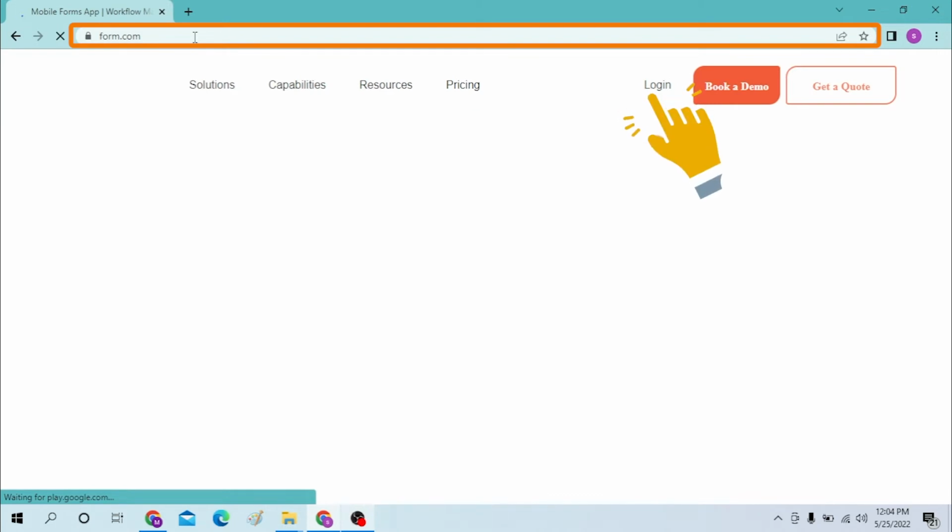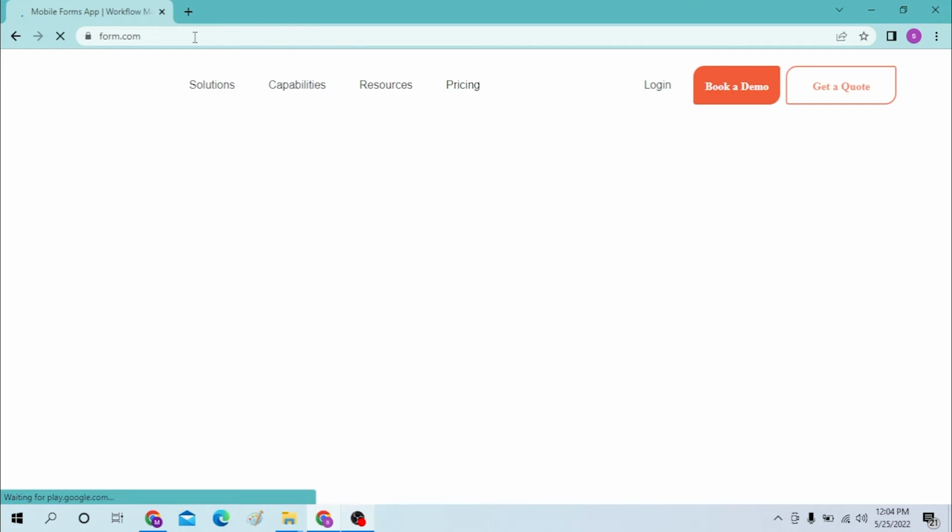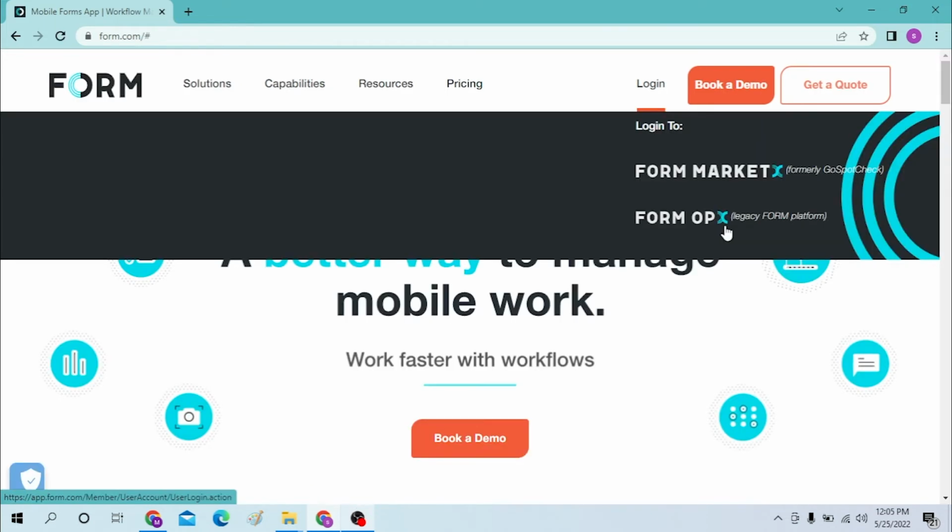And now to log into your Form account, you can see the login option over here. Click over here to log in, and you can see there are two types of login: Form Market X and Form OPX. Choose where you need to log in, and the login process for both of these will be the same. And let's click on Form Market X,